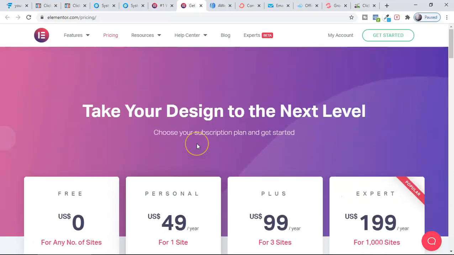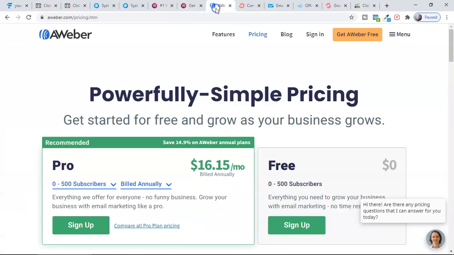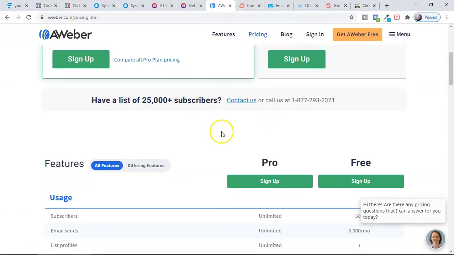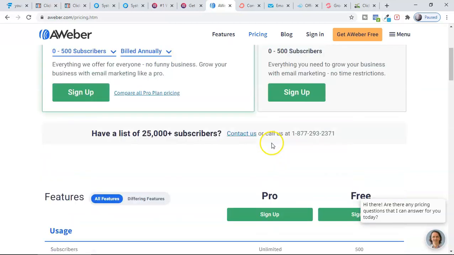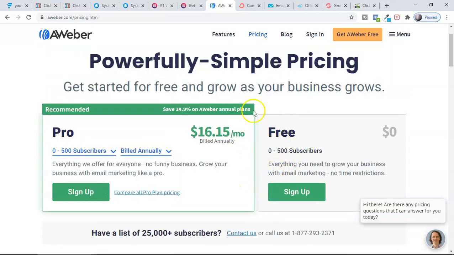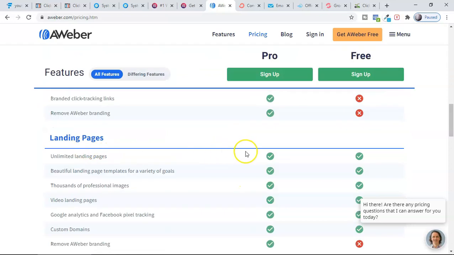Now let's say you're not planning to create a full sales funnel, then guys, you can use Aweber. Aweber is an email marketing software which can allow you to create landing pages for free, unlimited landing pages. And then later, if you want to do email marketing, you can start the email marketing also. So this is completely free for any beginner. You can keep it for a lifetime. I already made a video on this. You can make a professional looking landing page. The link is popping up right now in the window.